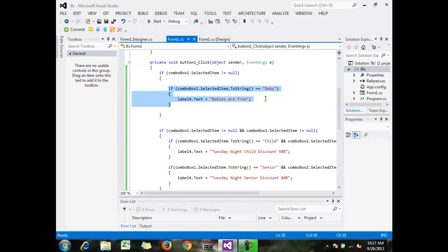What is this? You have 2 combo boxes on your form. This is combo box 1, and this is combo box 2. Combo boxes have a property called selected item. So whenever you pick an item,